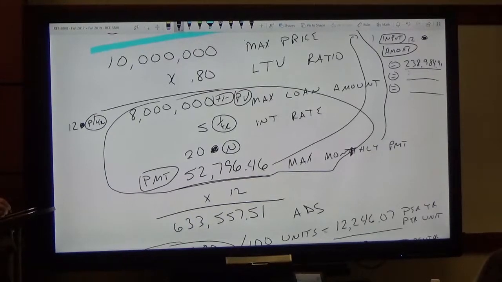Our interest, 394,572.60. Our balance, 7,761,015.09. Okay, so over just the first year of that loan, which is our holding period, just for 1 year,